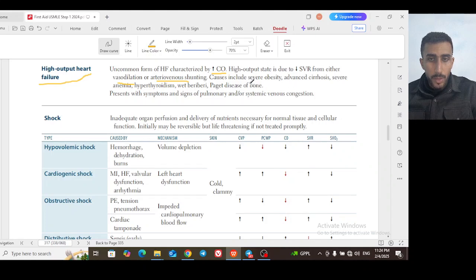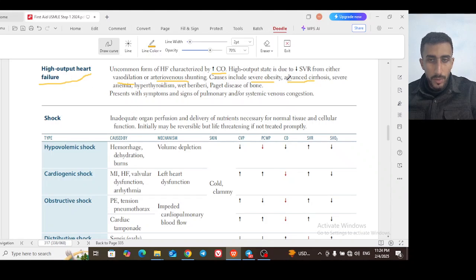To break that down, the causes include severe obesity, hypermetabolism, and advanced cirrhosis. It includes splanchnic vasodilatation, severe anemia, and hyperthyroidism. In severe anemia, there is low hemoglobin, so the blood has to go through the circulation more times, so you have